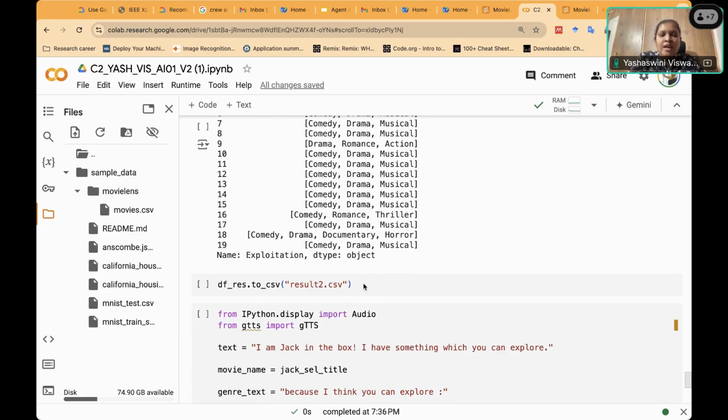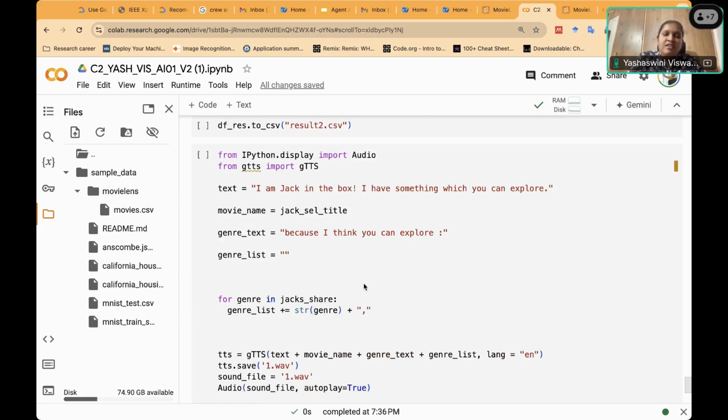Now, whatever we have is given in the textual format, and this particular project talks about an audio explanation, where the audio comes up to say, hey, this is the movie that was seen, this is the movie that is recommended, and this is the reason why it was recommended.